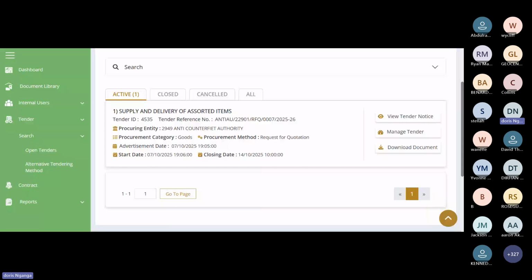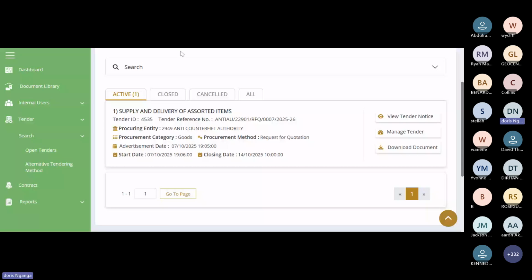So once you familiarize yourself with this document, you can now come and manage your document.